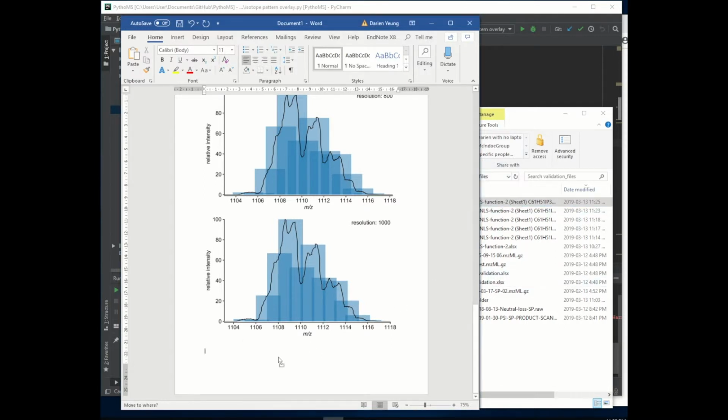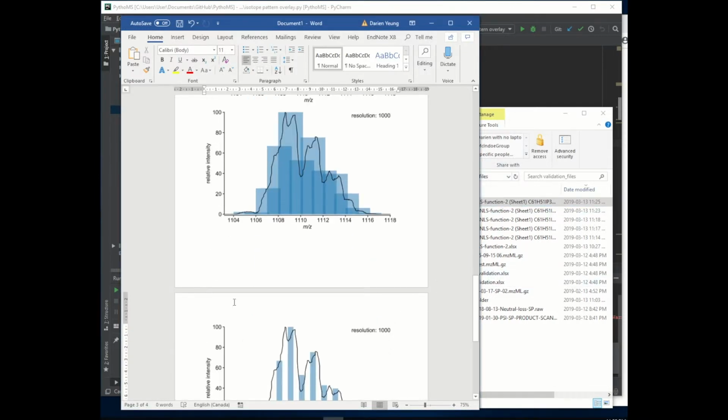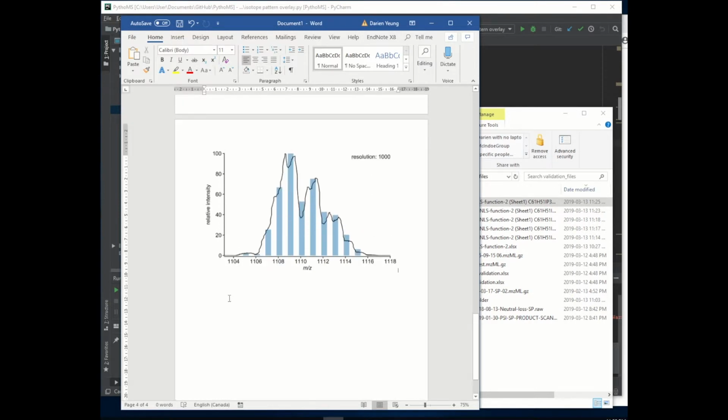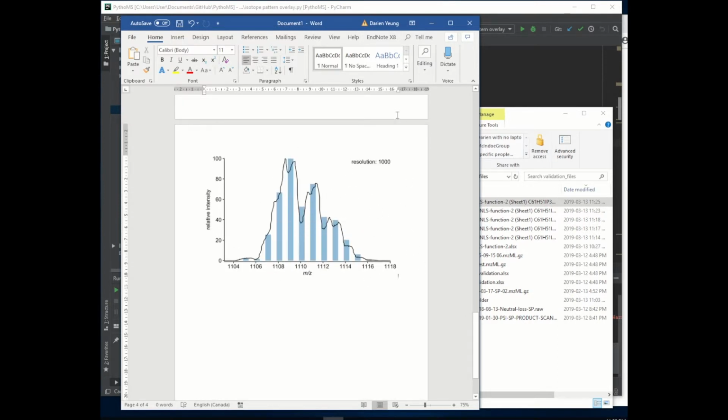Let's paste the picture or figure into Word again. Oh, okay, that looks more like it. So this is what,